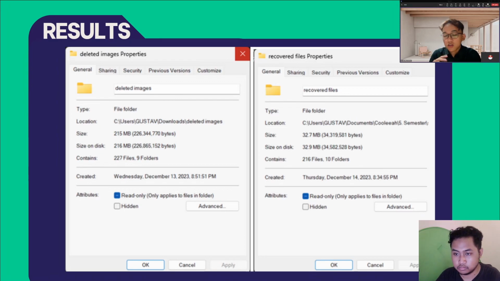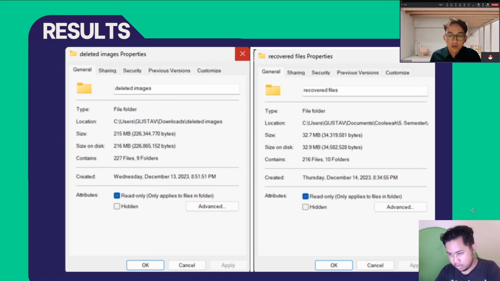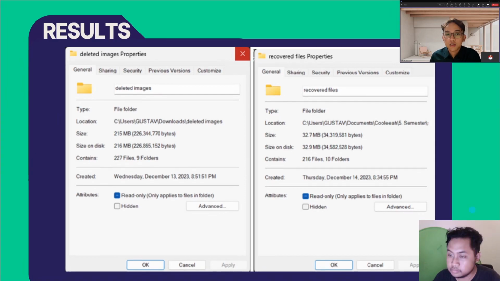But not all of the recovered files contain all of the files that we have deleted before. As you can see, this is a comparison between the previous properties of the deleted image folder and the properties of our recovered files. The first thing that you need to take notice of is the number of files between the original folder and the recovered folder.